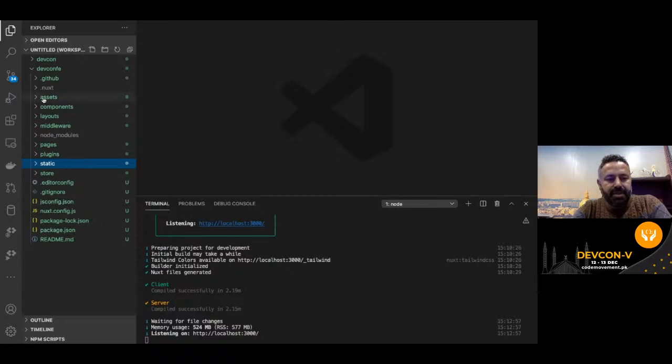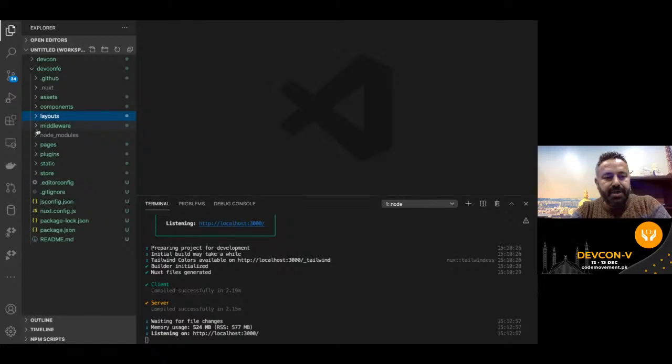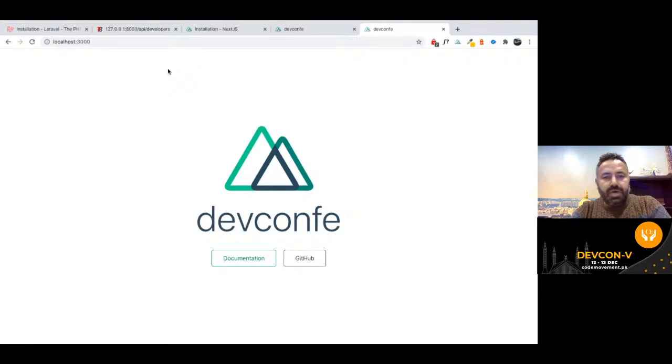If you just keep an image here, you can use it without any additional path. You can directly use it in your files. Then there is components, so we're also going to use components. Then there is layouts. If you want a layout to go across the app, that is going to come here. Then there is middlewares. Any middlewares come here. Pages. Everything is self-explanatory. So if we go to localhost port 3000, this is going to give us the devcon FE. Not very fancy, but this shows